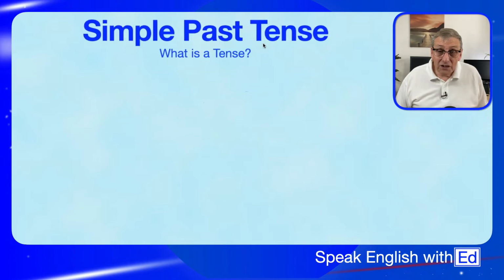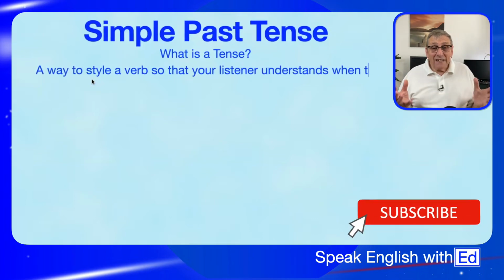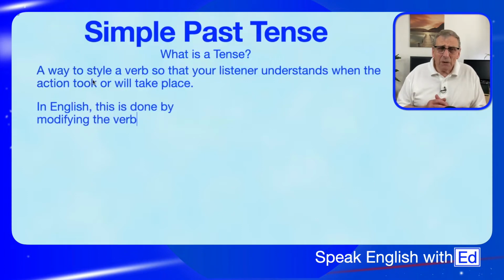Well, the first question is, what is a tense? It's a way to style a verb so that your listener knows exactly when the action that you're talking about in your verb or in your sentence took or takes place. This is done in many different ways in different languages, but in English it's usually done with a modification to